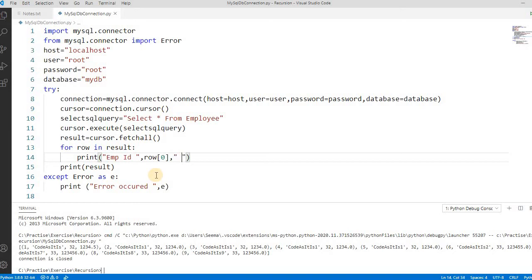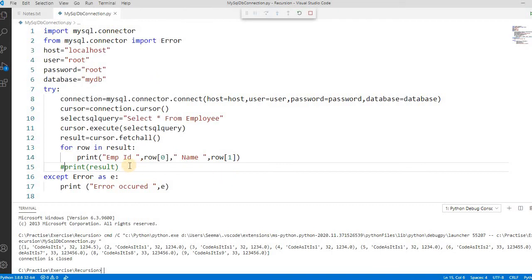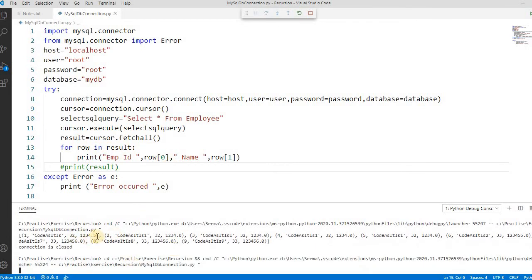And then let's say the name, we need row 1. We only need 2 values. If you run it, it will only give you the employee ID and the name. So with the help of the index we can query through, because it contains a tuple, right?